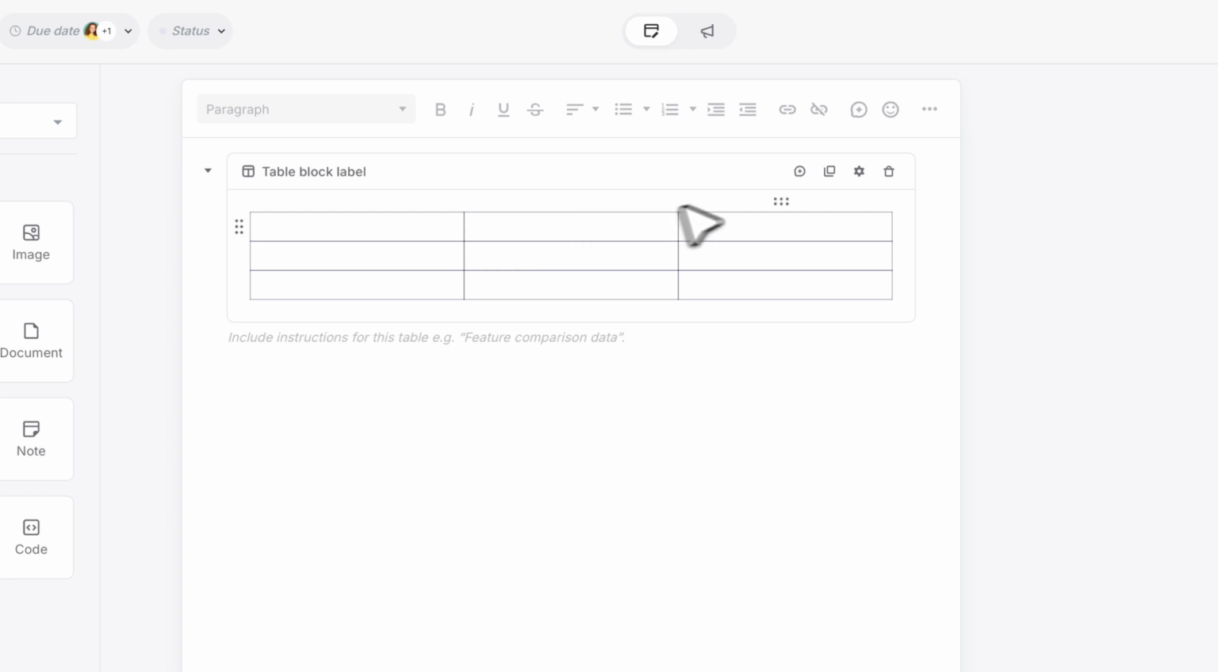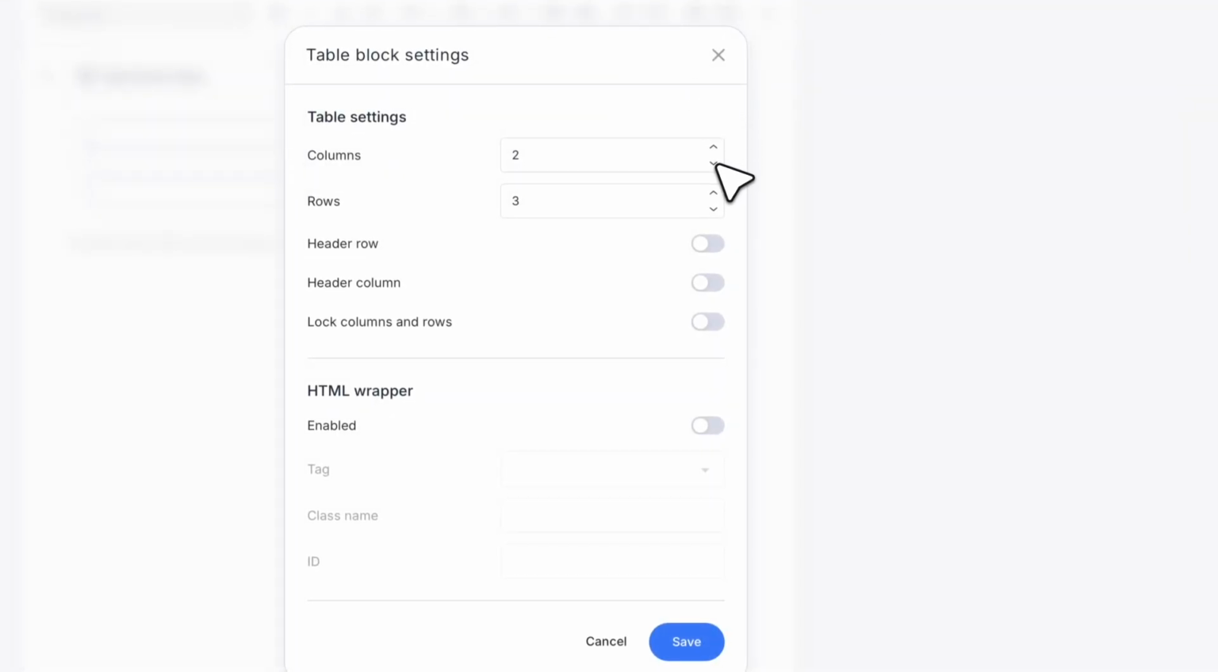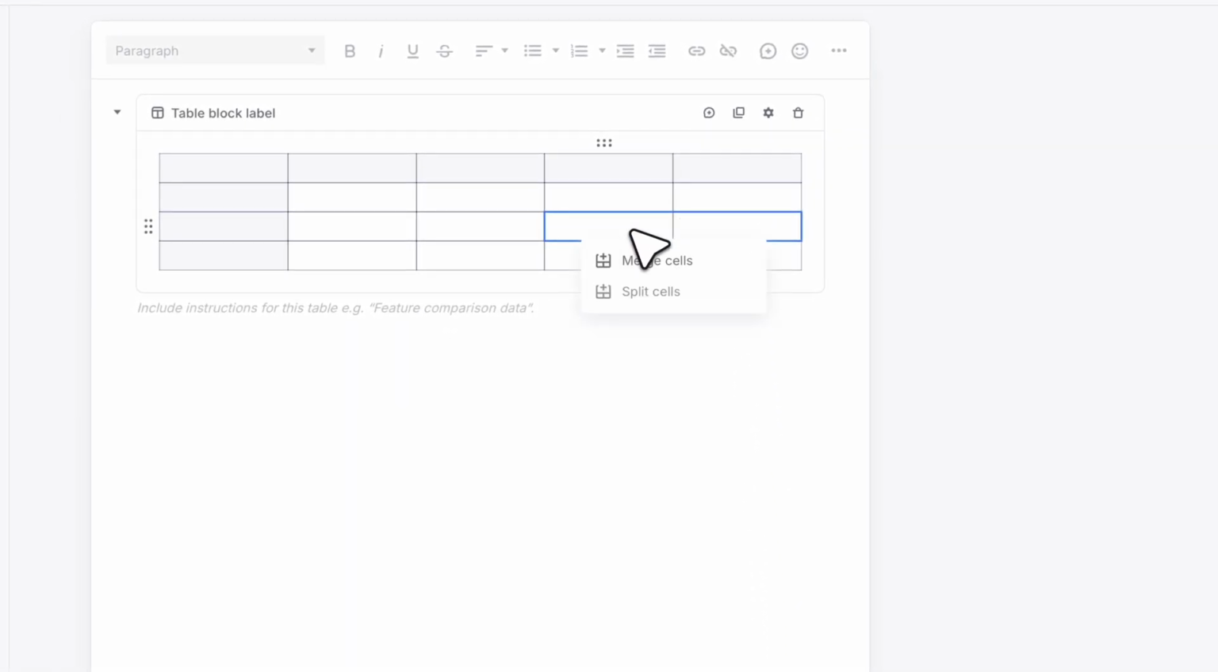For more control, click the settings icon in the top right corner of the table block. Here, you can set the number of rows and columns, enable header rows and columns, or lock the table to prevent changes. To combine table cells, start by selecting 2 or more cells in the same row or the same